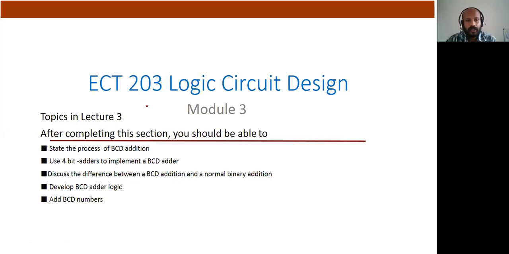So this is lecture 3 in module 3. In lecture 3 we will discuss the BCD addition operation.